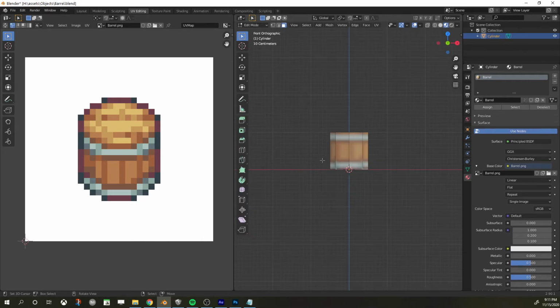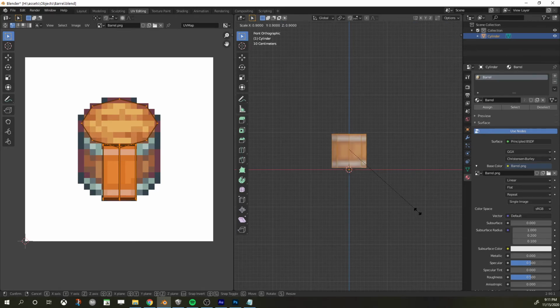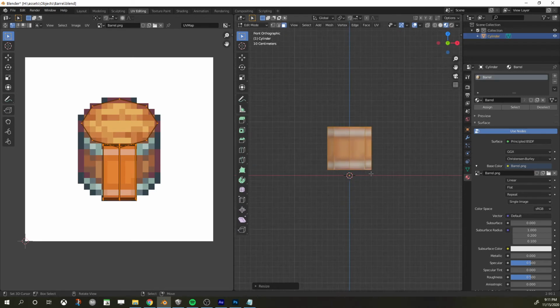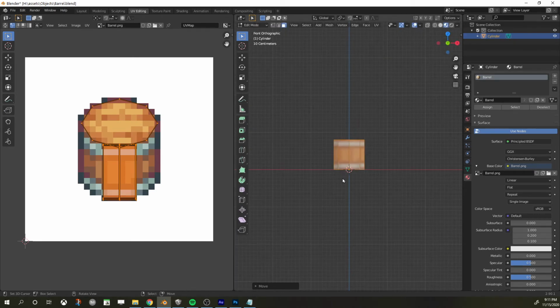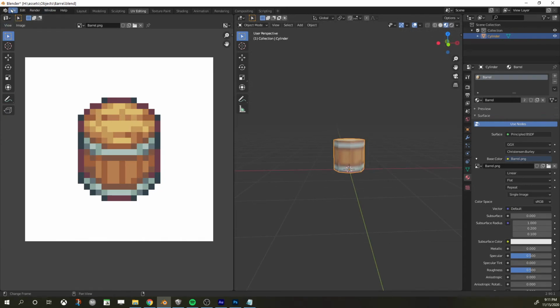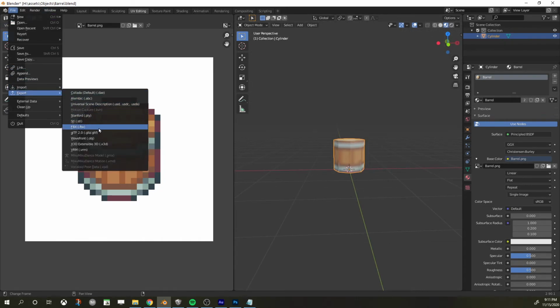So let's do what we did before and resize it down to the right size. We'll hit tab again to get into edit mode and scale this, and use control to scale it on the grid and scale it down 2 notches there. Go down Z, get it floor level, and then file, export as FBX,